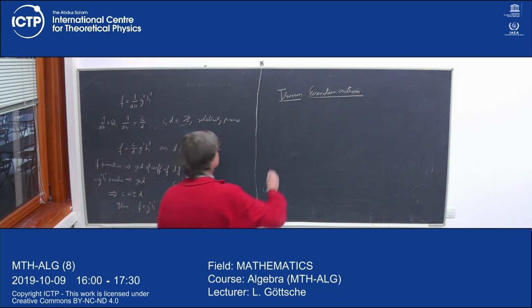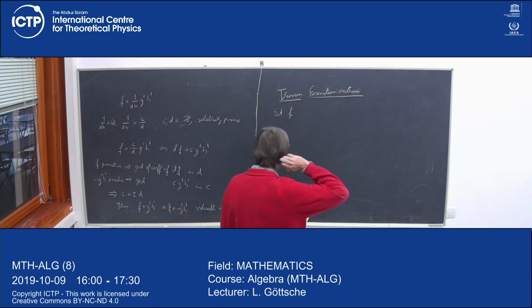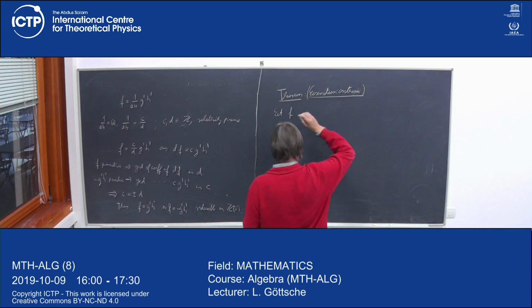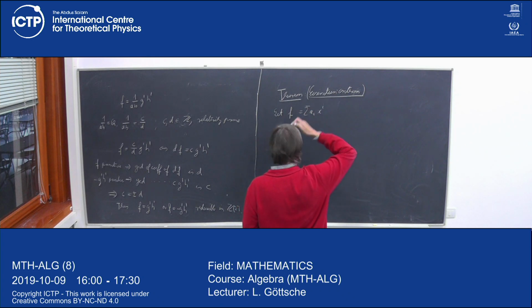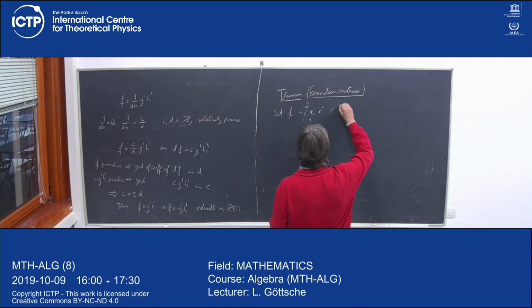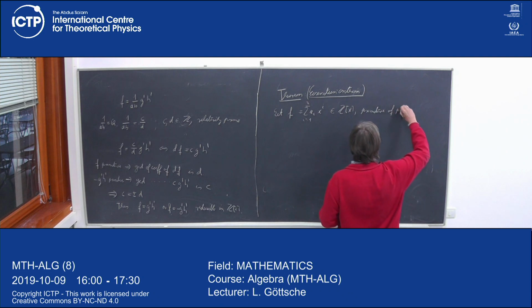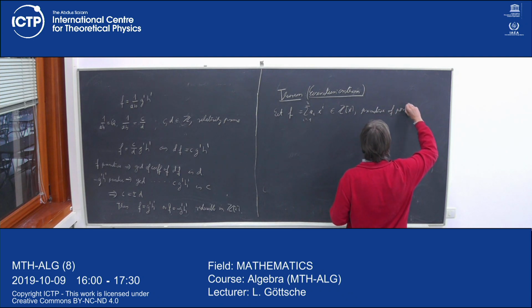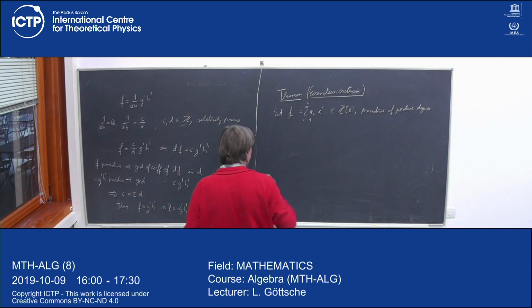So we take, so let f equal the sum of a_i x^i be a primitive polynomial of positive degree. So a polynomial with coefficients in Z, primitive, of positive degree. And I make the following assumption. Assume